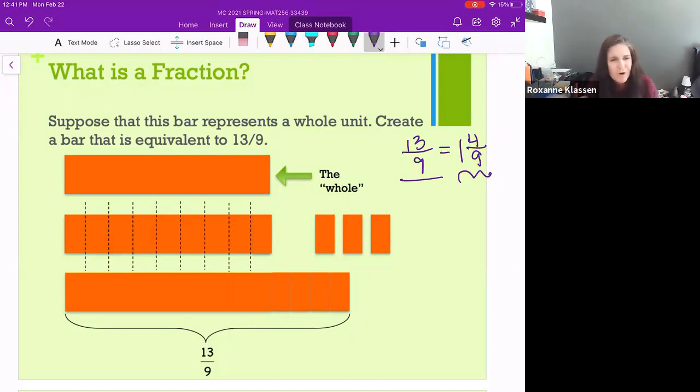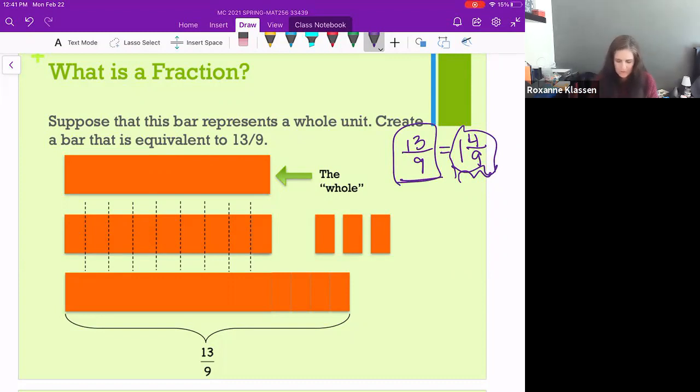And so that's the part-whole idea, right? And that's why Alyssa was like, wait, we can't have 13 when we only have 9. It's because we're stuck in this part-whole idea. A lot of you were like, we just have more than 1. Yep, we do. We just have more than 1. But I don't have to write it like this. I can leave it like this. Thinking of this as 13 copies of